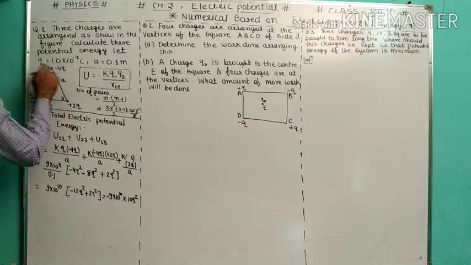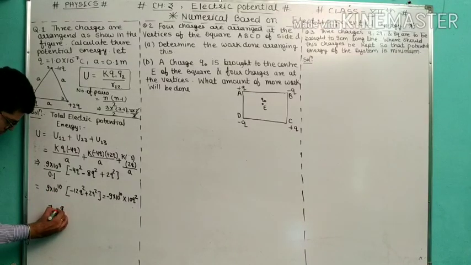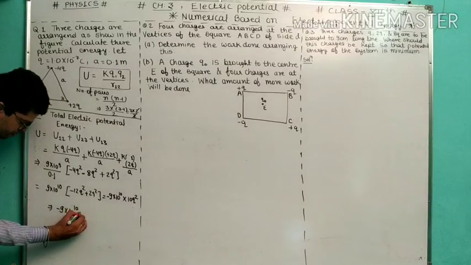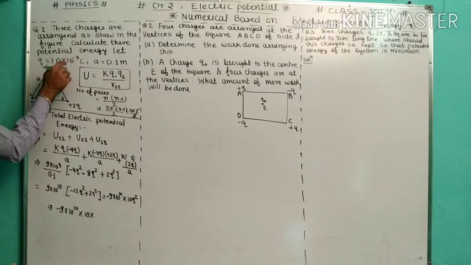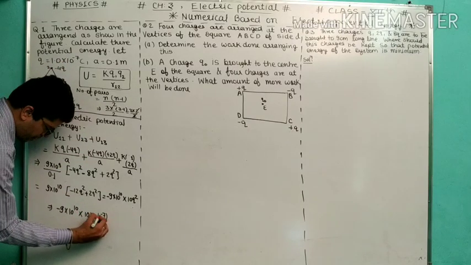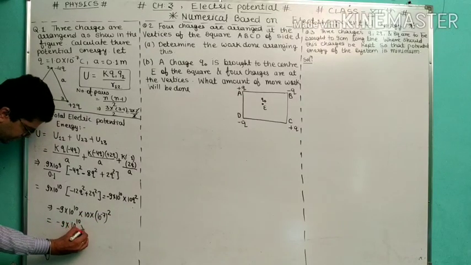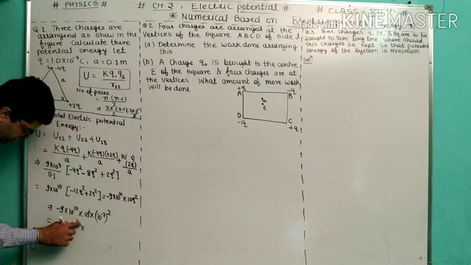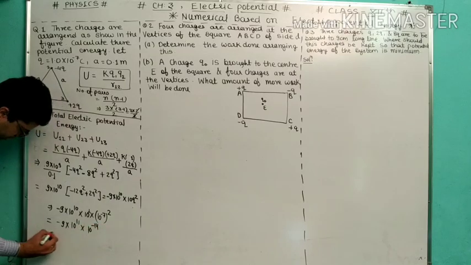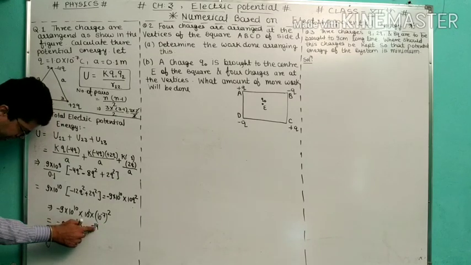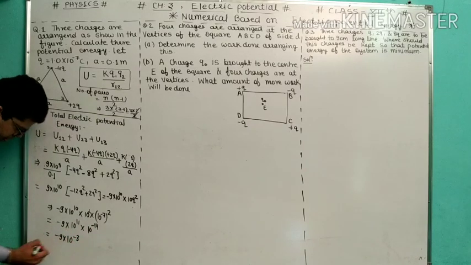Now the value of q is given as 1 into 10 to the power minus 7. So here minus 9 into 10 to the power 10 into 10 into... The value of q is 10 to the power minus 7 and power is 2, so 10 to the power 10, so this is 10 to the power 11, minus 7 into 2 power is 14. Now see that minus 14 and plus 11, so minus 9 into 10 to the power minus 3.